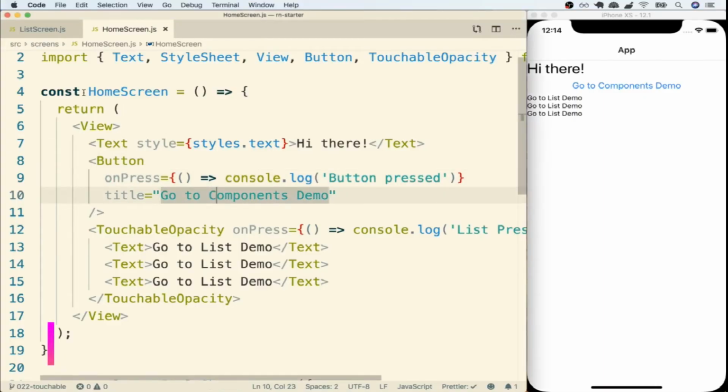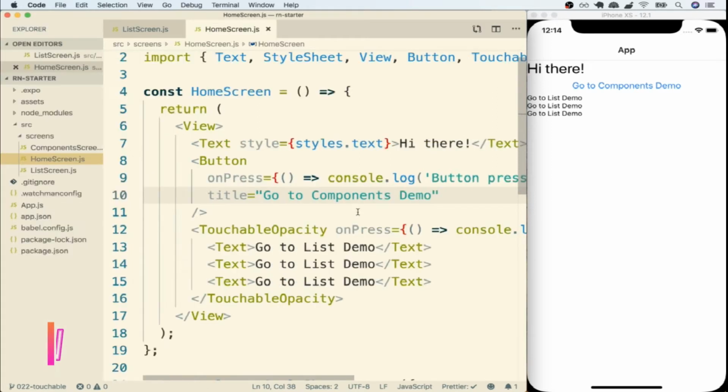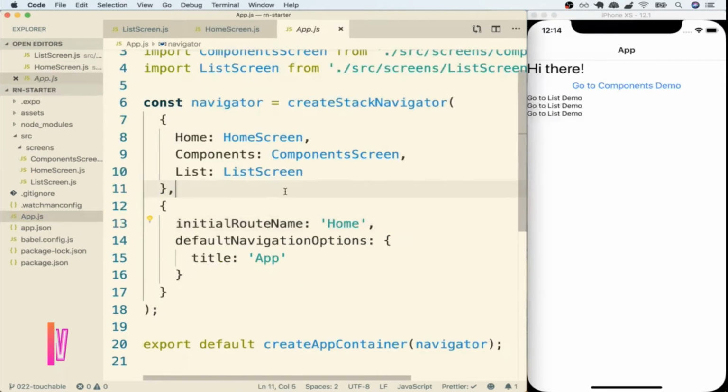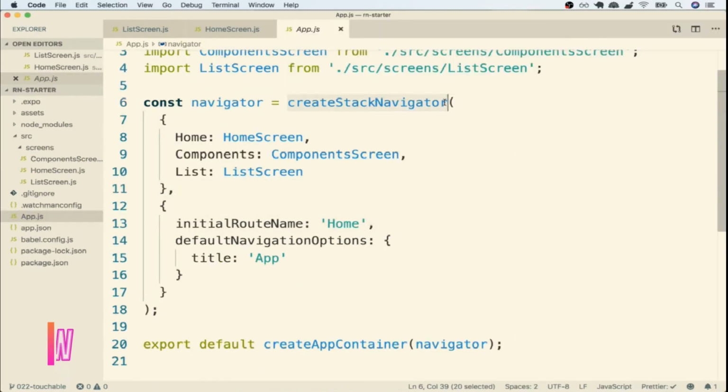The last thing we have to do for our home screen is make sure that a user can tap on either this button or this touchable opacity and get navigated over to the appropriate screen. So in this video, we're going to figure out exactly how to do that. And the first thing I want to remind you about is that inside of our app.js file, this project came